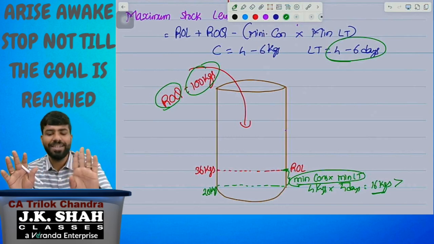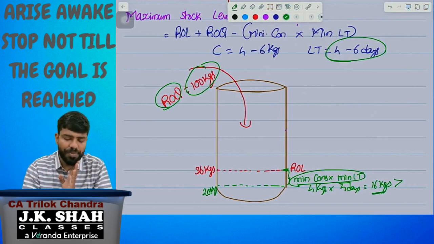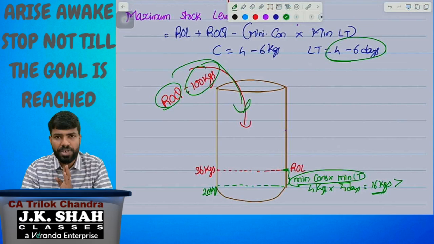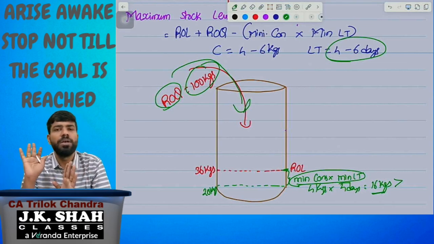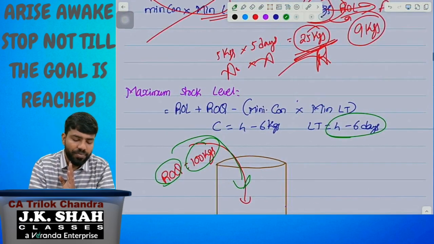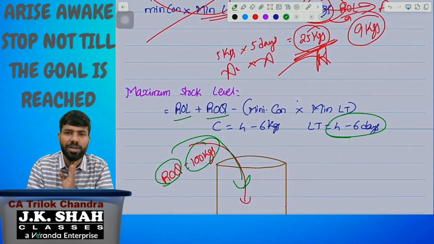What we need to understand is that when the reorder level touches, we'll place the new order, and by the time we receive the 100 kgs, there will be some consumption. If you reduce that, we'll be getting the minimum stock. There will be some stock left out in the store. Now the point we need to understand is, we understood reorder level plus reorder quantity minus minimum consumption to